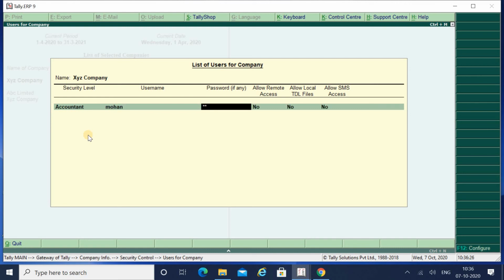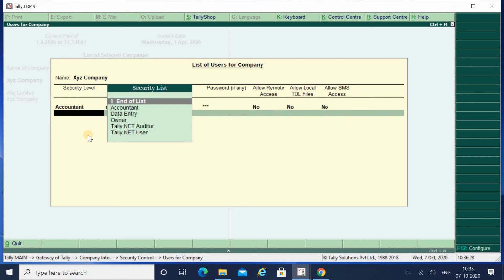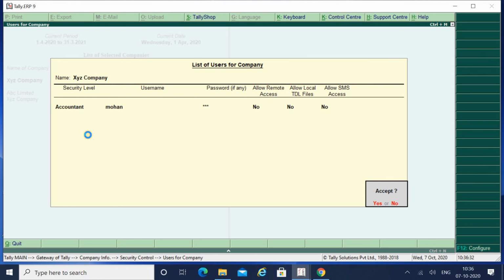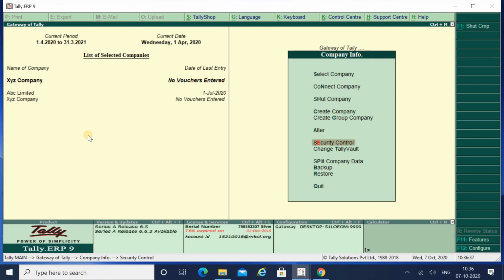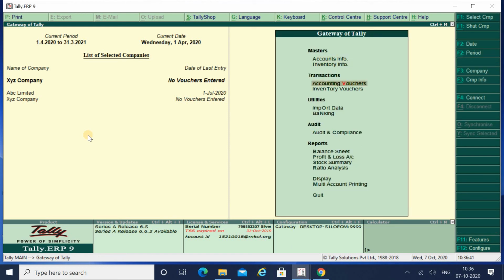I will just give 1, 2, 3. The rest you have nothing to do. End of list and accept. Just quit it and come to the gateway of Tally page. Now your accountant has been saved. The details of the accountant which you allowed have been saved.